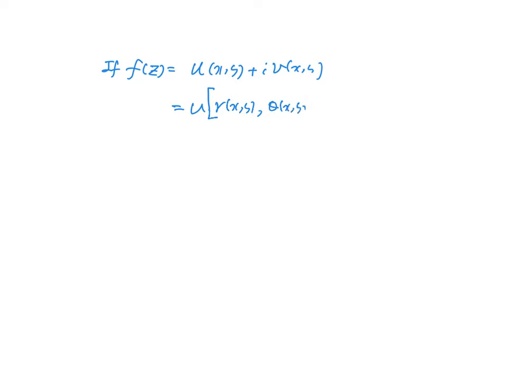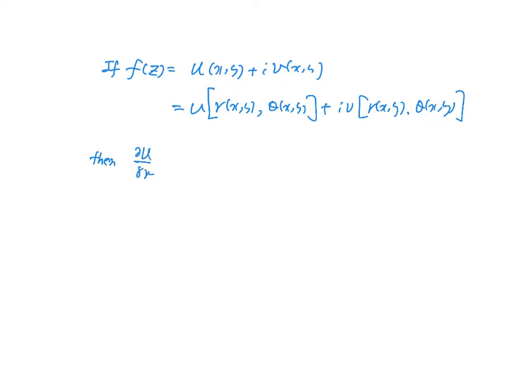So if z is u(x,y) + i v(x,y), but through some function r(x,y), θ(x,y), u = u(r,θ) + i v(r,θ). Then